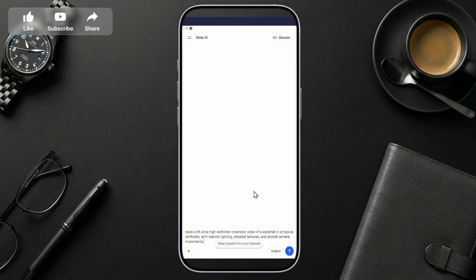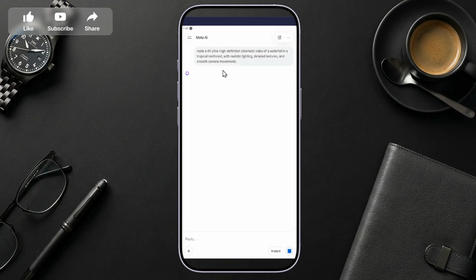The way you write your prompt makes a big difference in the final result, so be as specific as possible. If you want better visual quality, include phrases directly in your prompt such as 4K resolution, ultra high definition, highly detailed, and professional quality. These kinds of terms help guide the AI toward producing a more polished and cinematic looking